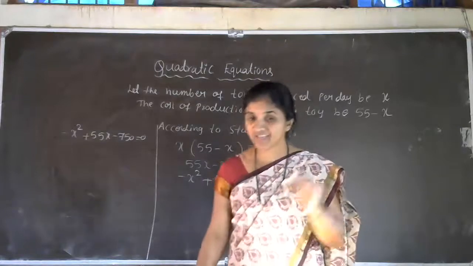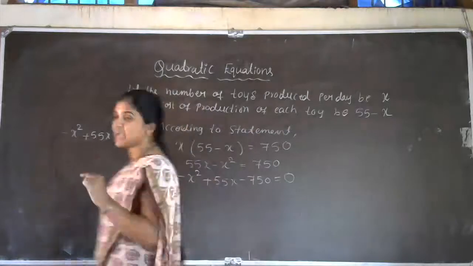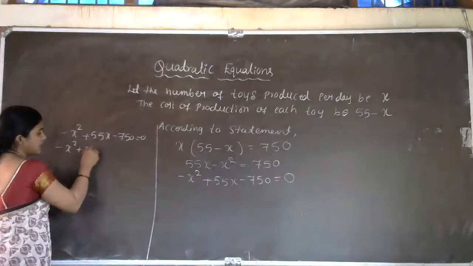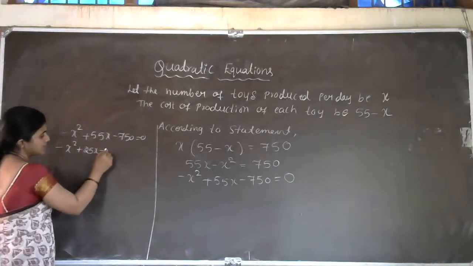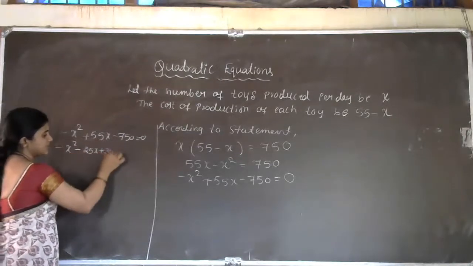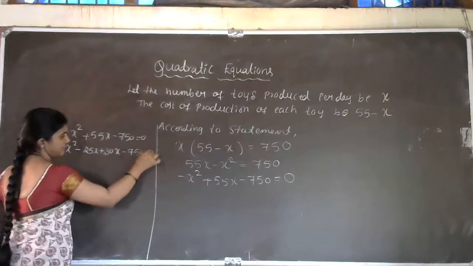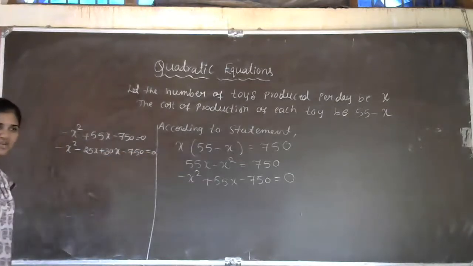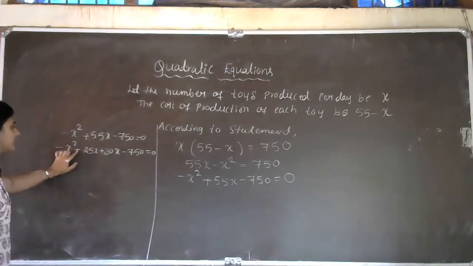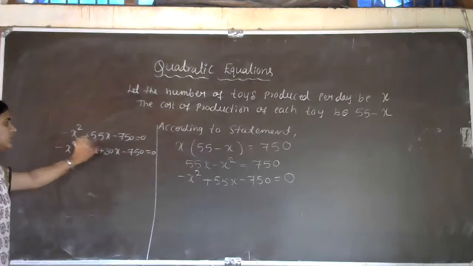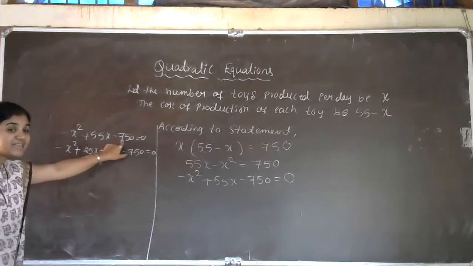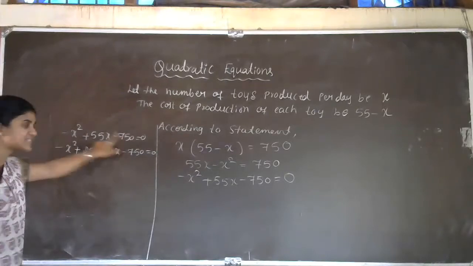Now tell me, fatafat, you have to take the rough and you have to work out. 25 plus 30. Yes, 25 plus 30. So minus x square plus 25x, next to, yes, minus 25x plus 30x minus 750 which is equal to 0. Is it right, students? Sorry, minus 25x plus 30x. So you are not 55x now, plus 25 only. Yes, but how is it minus 750? How is it minus 750?